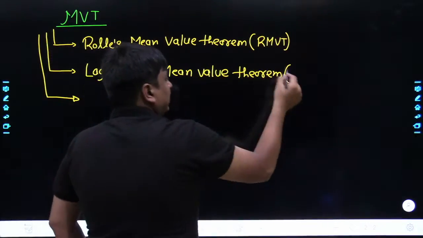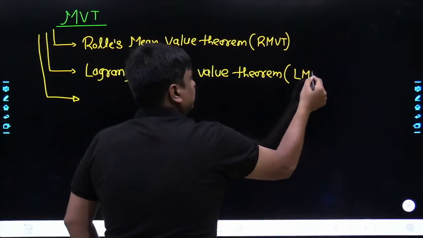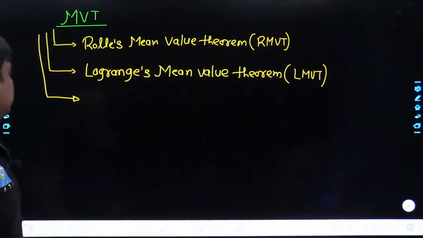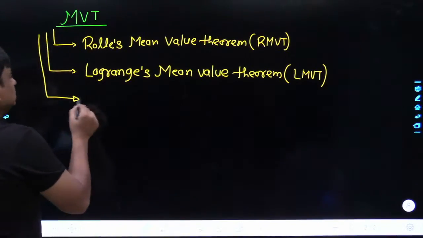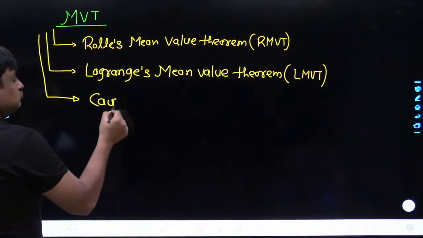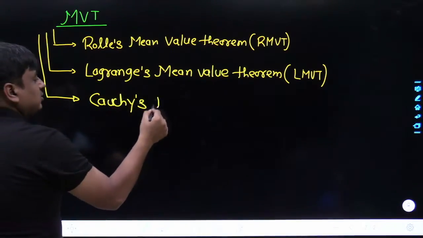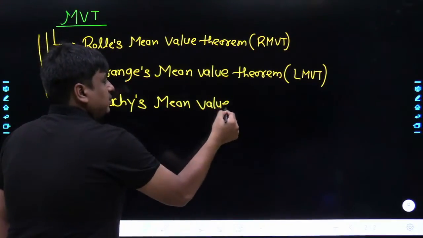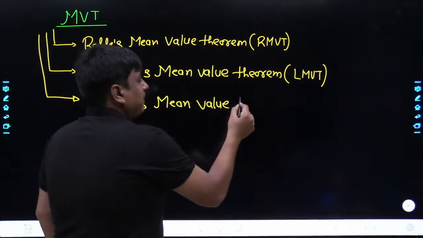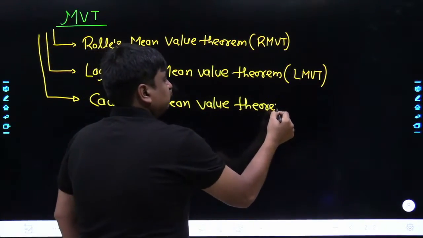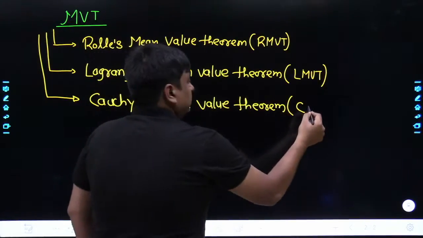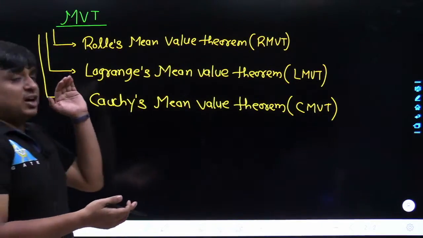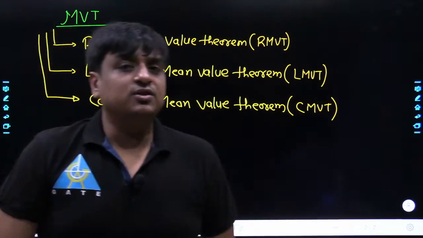Which I would be referring, as I was referring to RMVT, by LMVT. Similarly, the last is going to be Cauchy's mean value theorem, which I would be referring to by CMVT. So now let's start focusing on the first kind of mean value theorem, and that is nothing